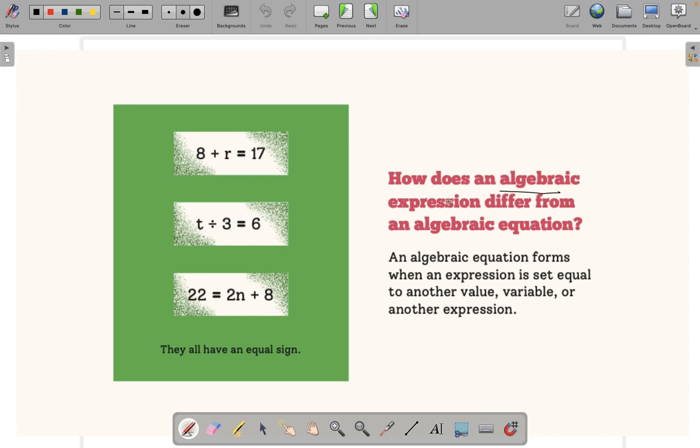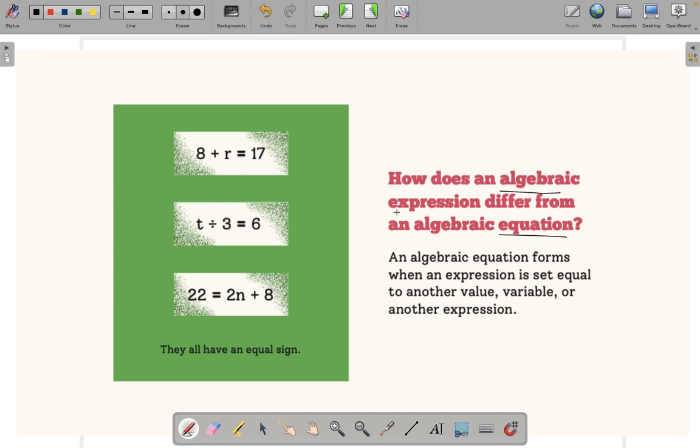What is the difference between an algebraic expression and an algebraic equation? Can anyone tell me? Expression has some terms multiplied together, whereas an equation has many expressions in it. Okay,